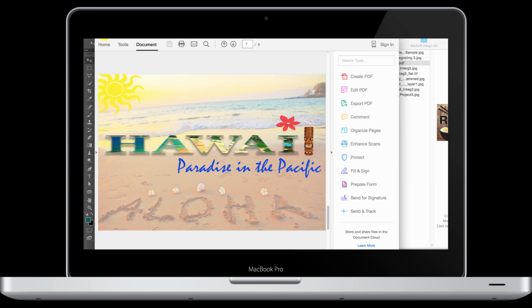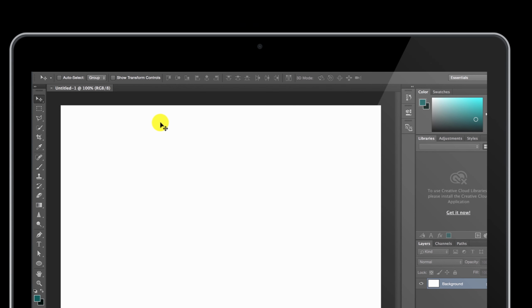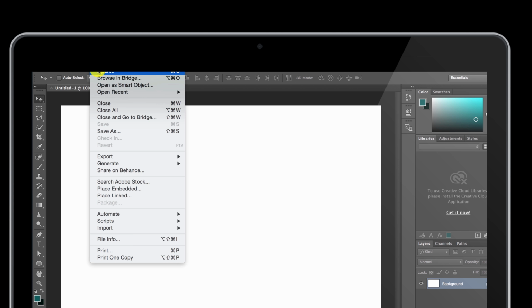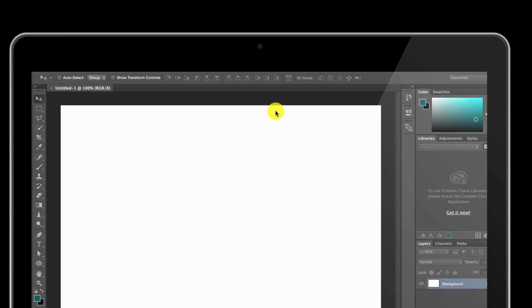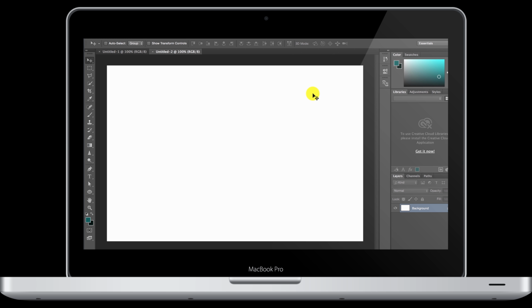Okay, I'm trying to go quickly here so you don't hold up too long. So anyway, just to start the project, I want you to start a new project. I want you to make sure that you choose 6 inches wide by 4 inches tall at 300 ppi. I don't want to see a vertical format for this particular assignment. So you can click OK, and there you have your document ready to start your project.